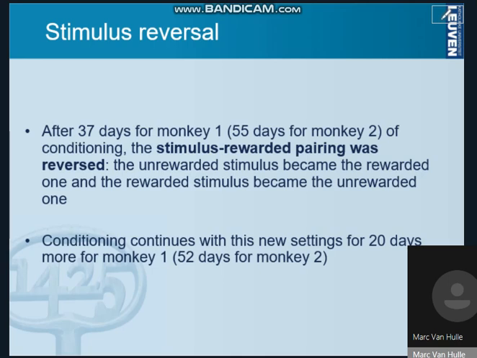Of course, in the beginning, the monkey is completely missing out on that, but after some further training, the monkey picks up that the switch happened, and the whole model reverses. And this is clearly observable also in the decoding case. So this then continues, this switch after more days, 20 days for monkey 1, 52 days for monkey 2. Okay, so